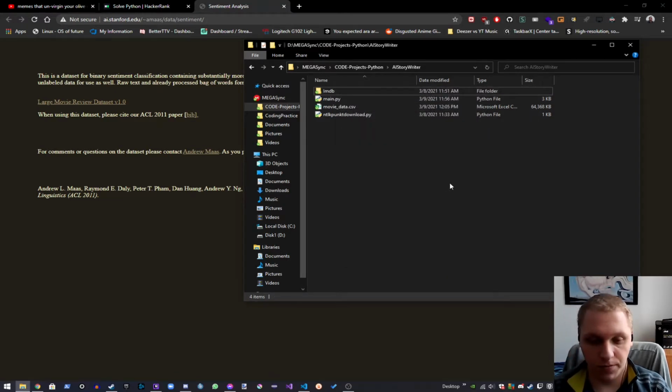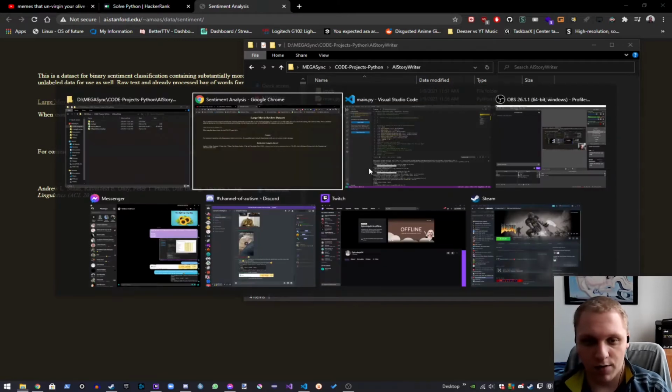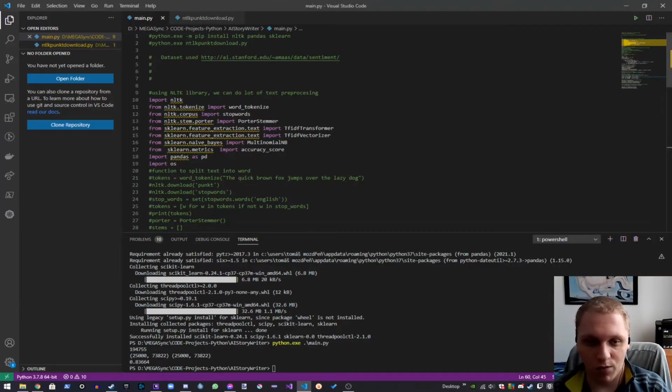But one thing you'll notice is that we have a CSV file that we've generated. It's 65 megs, and that's all the reviews being processed using that algorithm that I have in there. So in terms of the code, I have quite a few packages imported in here. Some of these, if not all of them, are important. Up here, as I always do, I include the commands I use to make it to be set up properly on my machine. So it should work as long as you have the proper setup.